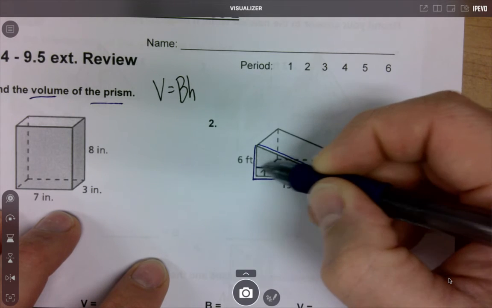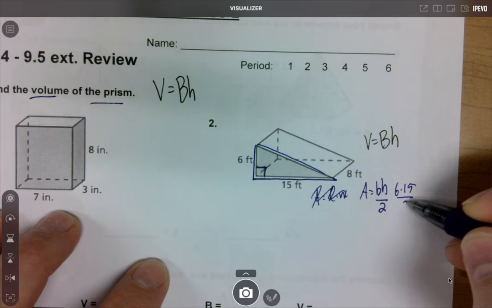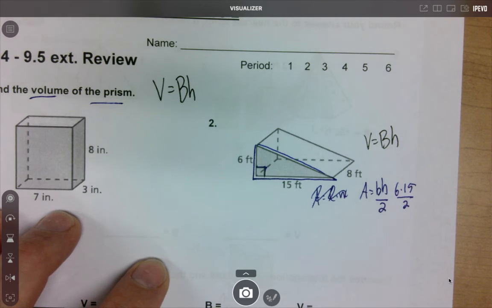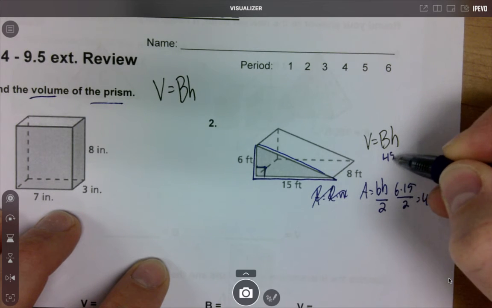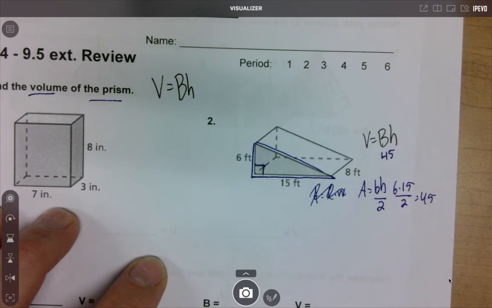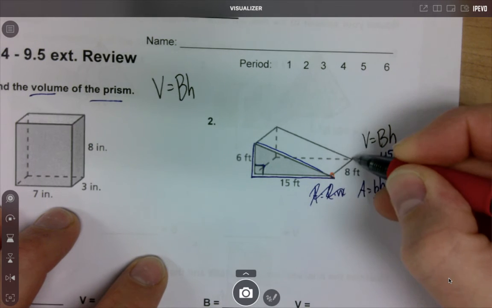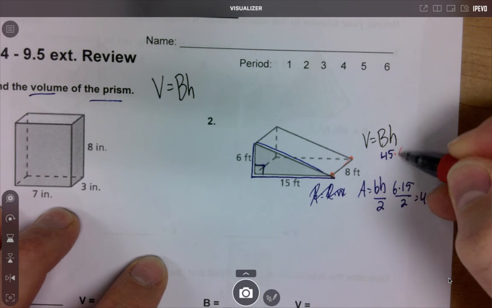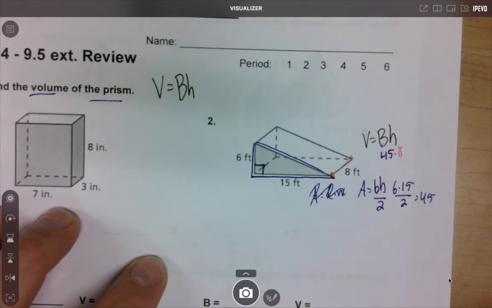The right angle is your friend. So you're going to take that 6 times 15 divided by 2. Grab that calculator, type it on in, or mental math. Again, if you're using mental math or calculator, be very careful you're typing it in there the right way. And then, like we talked about previously, what is the height of this prism? What is the distance from this triangle in the front to the triangle in the back? Sometimes our life hack works of what's the only other number we haven't used yet. So that gets you the answer,